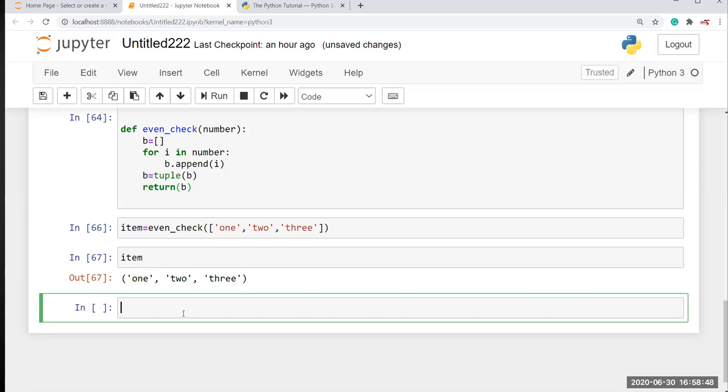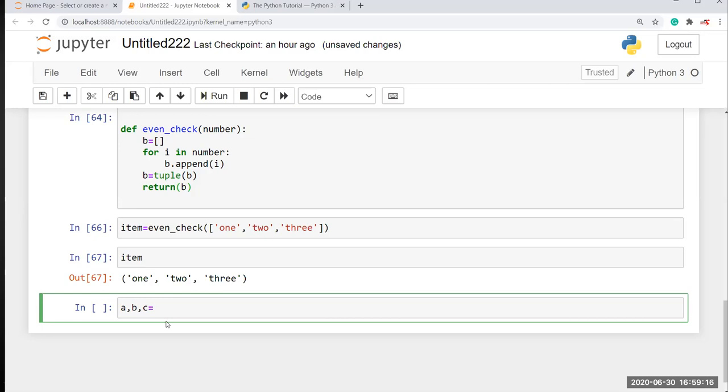Okay, so now you can separate each element into each variable. By doing that, you have to declare your 3 variables like a, b, c. These are the variables in which I am going to store these 3 elements.